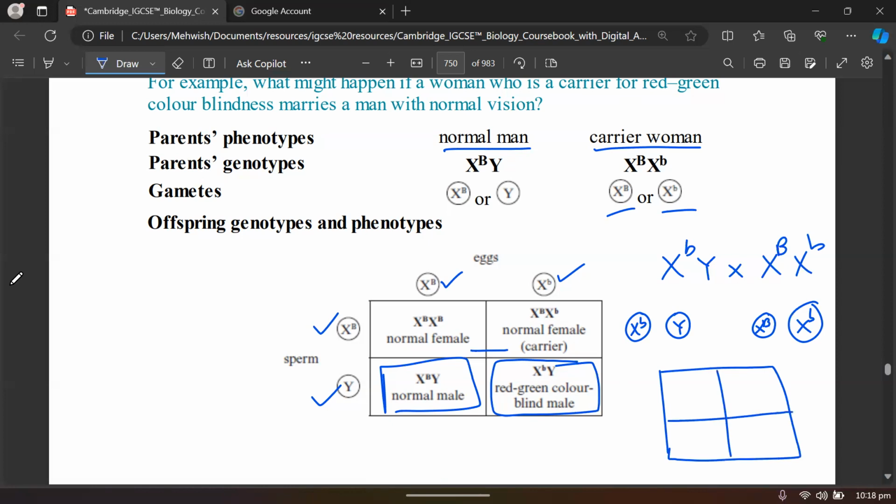If I make a Punnett square in front of you, this is the father's gametes, and these are the mother's gametes. Now let's have a look. When this fertilizes with this, capital B and small b, so this woman is a carrier. This daughter is a carrier. This is capital B and Y. This son is going to be normal for color vision. And if this gamete fertilizes with this, small b and small